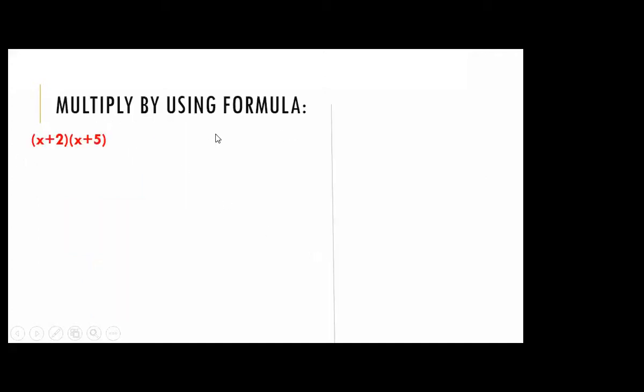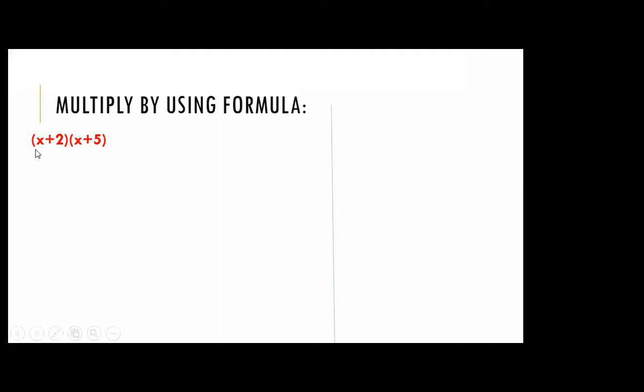So let's start the exercise now. Multiply by using formula. We have to multiply these binomials with the help of the formula. We can also simply multiply like exercise 3.6, first term, second term, second bracket. But when the question says you have to use the formula, you will not get any marks if you solve in the pattern of exercise 3.6. When it is mentioned that you have to use the formula, it is compulsory to use the formula.